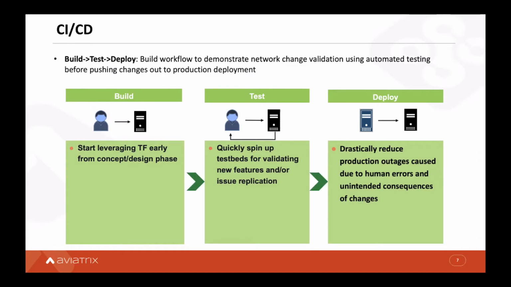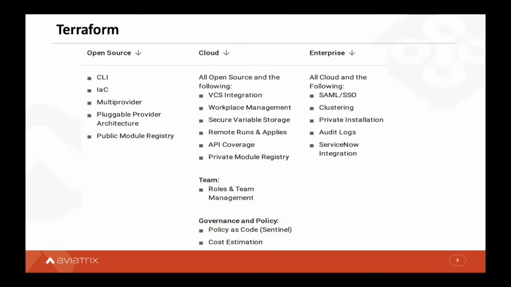At this point, I just want to take a moment to mention some of the advanced capabilities that Terraform has released as part of Terraform Cloud and Terraform Enterprise. Both these versions were released, I believe, in 2019. Most people work with the open source version, which is the CLI version of Terraform. But for an enterprise deployment, you should look at the SaaS version, which is Terraform Cloud, and a self-hosted version, which is Terraform Enterprise. It gives you some advanced features that will help you on your journey of building out